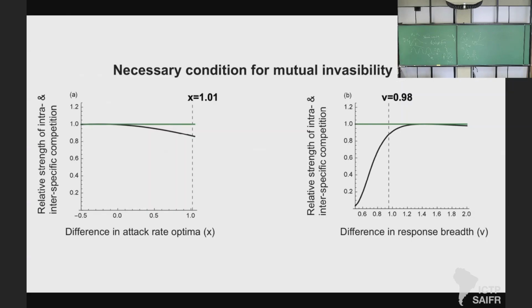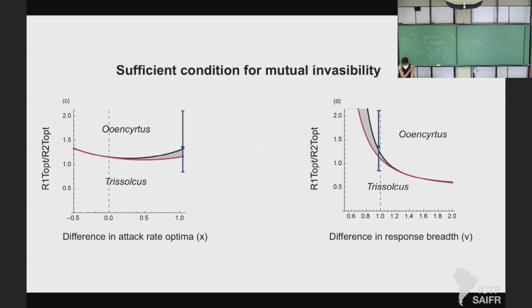You can see that the necessary condition is always satisfied for both temperature optima and the response spread, okay? You see that because it's below the green line, right? It's actually really interesting. We're actually seeing this in the real system, right? Then the sufficient condition. The sufficient condition is that you have to look at the middle part, the ratio of R stars at the optimum temperature. Now here,